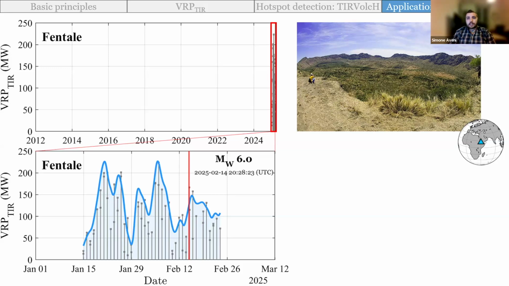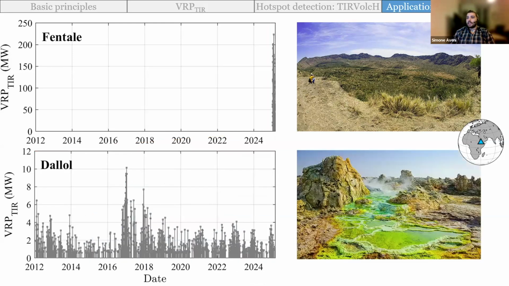And of course, in this case, in a situation where we have just a tiny monitoring network, ground-based instruments are basically nonexistent, this is the only source from which we can retrieve thermal information. And likewise, just taking another example in the Ethiopian region, this is the Erta Ale, one of the probably harshest places in the world where you want to get to.